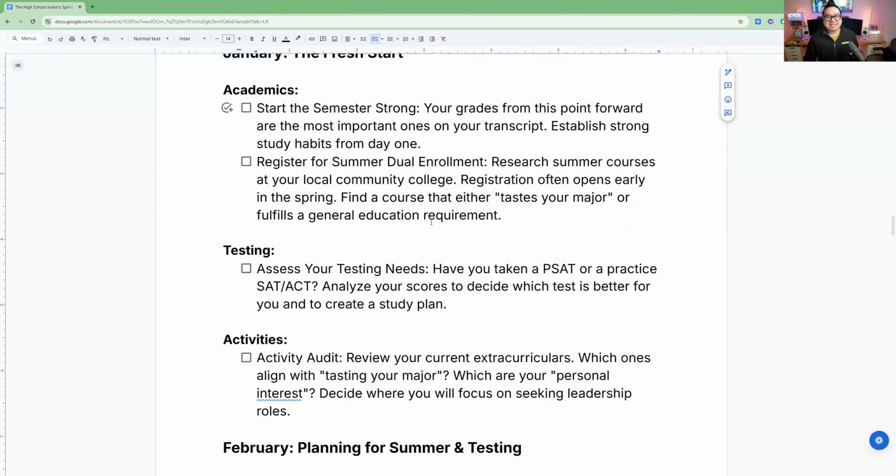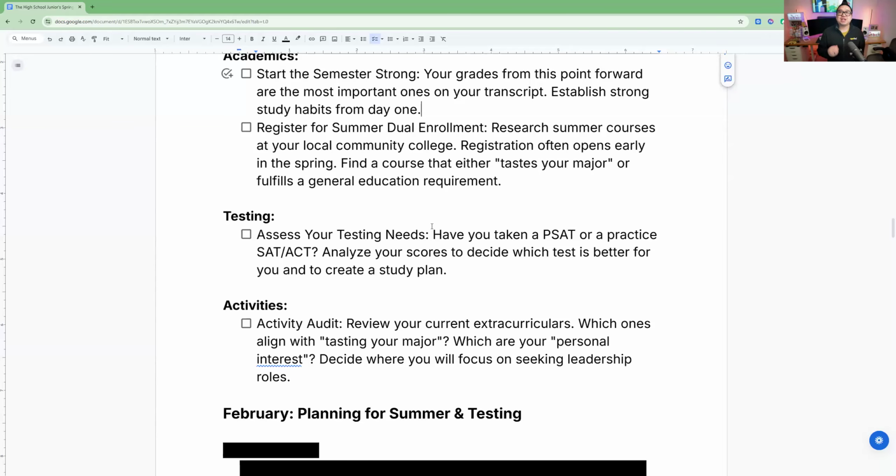Next one, testing, right? So when it comes to testing, you try to evaluate. In today's world, there are 3 types of schools: test required, test optional, and test blind. If you are applying to test blind schools only, for example, UCs or Cal States, these 2 schools are completely test blind and do not care about test scores, then I would skip it. This is kind of irrelevant. Your need is 0, right? Moving on.